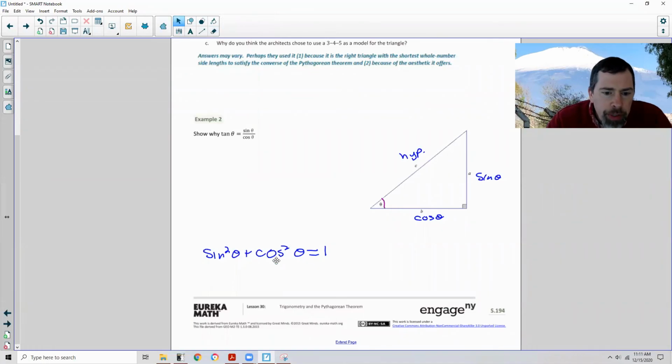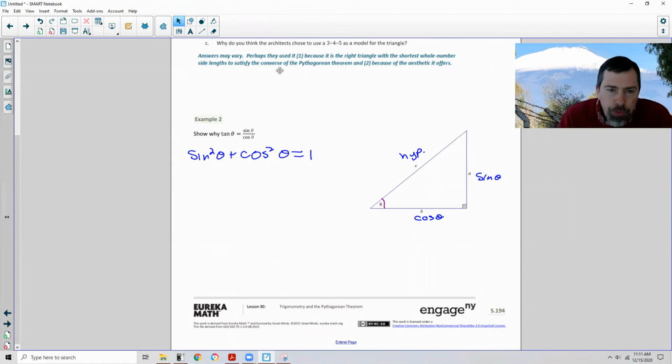Okay, so let me try to explain this differently. So this is what's called a trig identity. And it says the sine squared theta plus cosine squared theta equals 1. And where does that come from? Okay, so